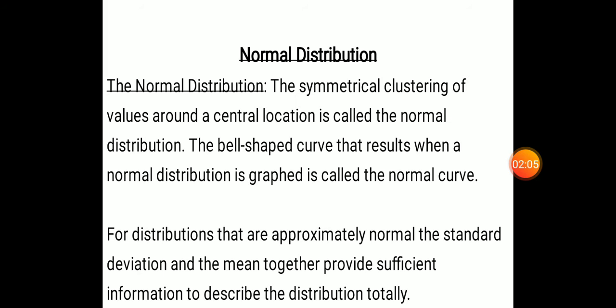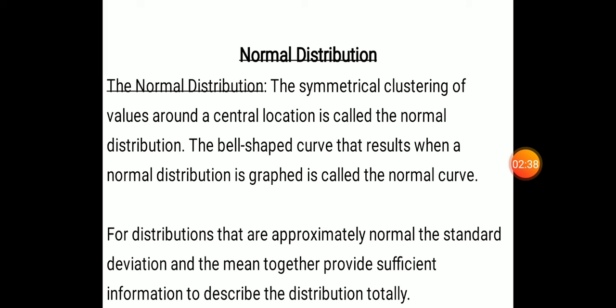If the distribution is normal, the mean and the standard deviation of the distribution explain it completely. Understood? So if the distribution is normal, the frequency curve is a bell-shaped curve, which we call a normal curve. And it will be symmetrical also. Symmetrical means that when we divide that curve into two halves, both halves will be the same. The mean, median and mode of the normal distribution will always be the same.